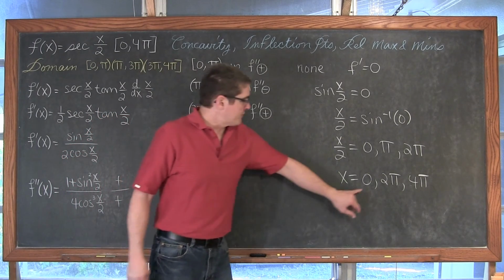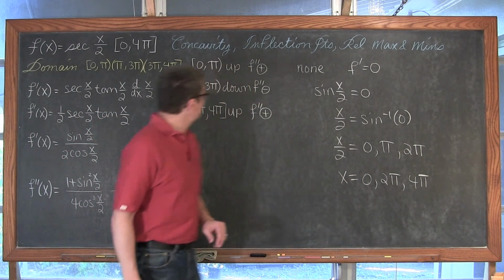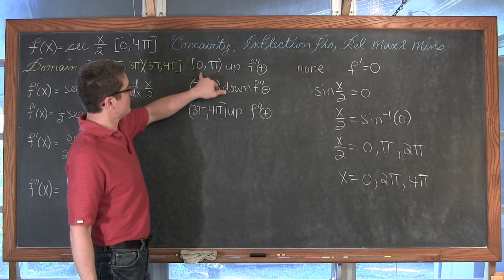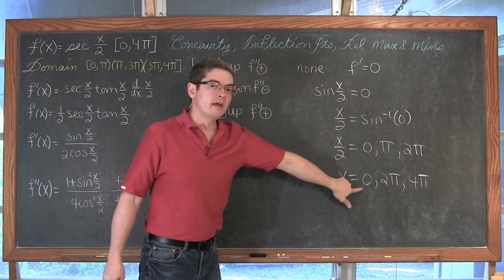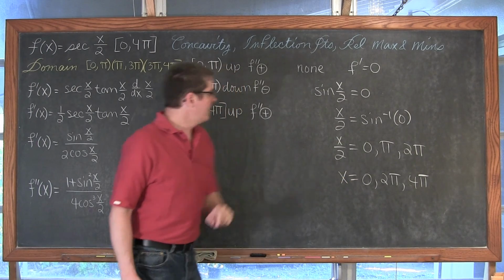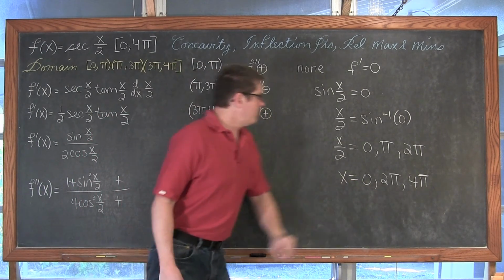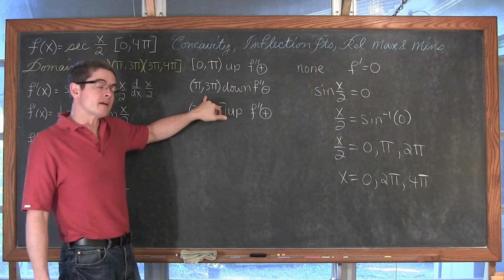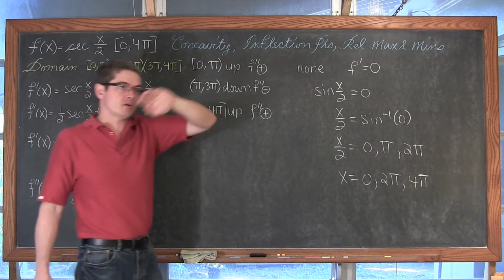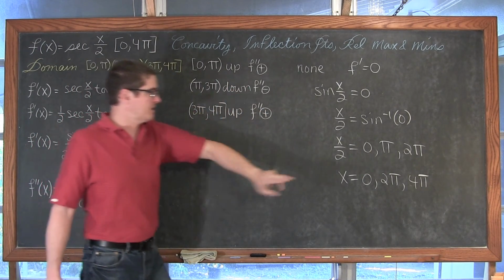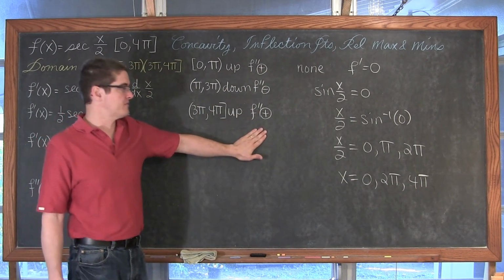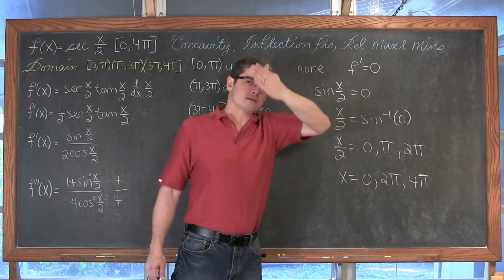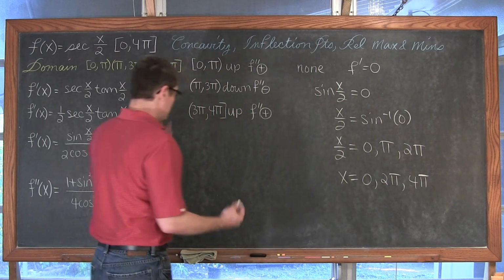Now, the first derivative is equal to 0 here, and in that interval, the second derivative is positive. So this is going to give me a relative min. And at 2 pi, I'm in my interval where my second derivative is negative, so I'm looking at a relative maximum. And then finally at 4 pi, I'm in my last interval where the second derivative is positive, so this is going to be a relative min. So let's list those out.